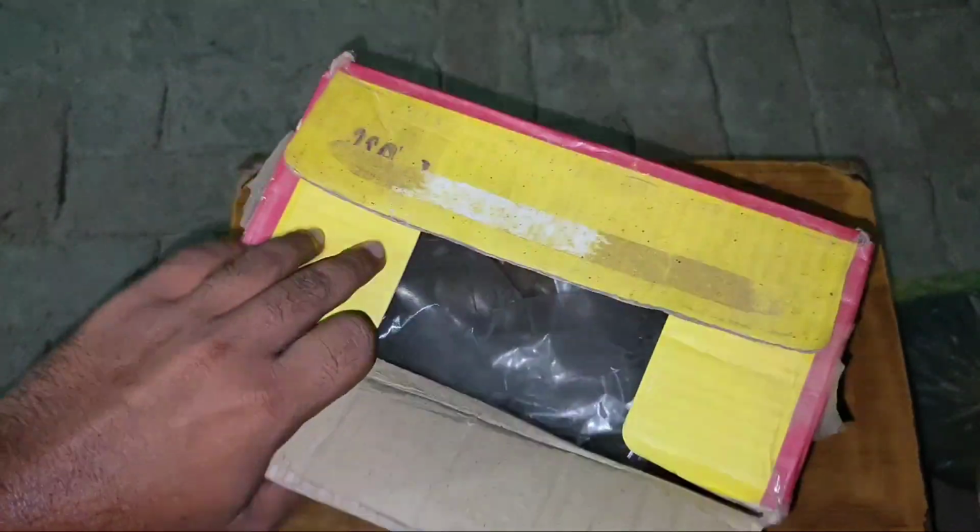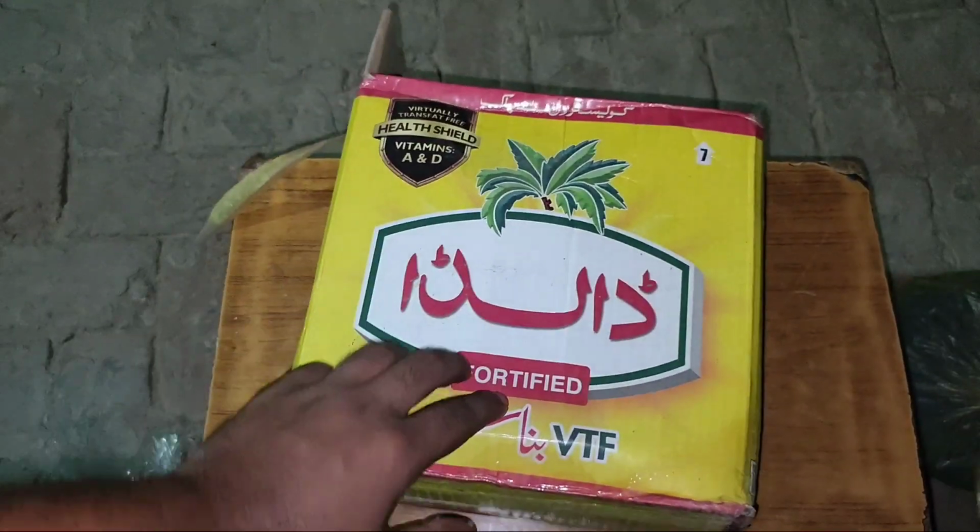Hi everyone, today I am showing you how to make an incubator at home, very easy. You need a cardboard box, a ghee box,